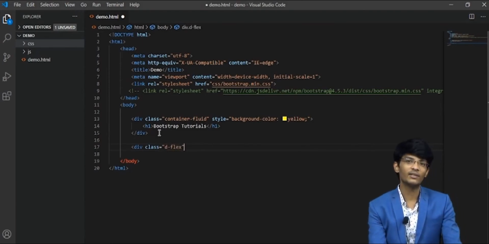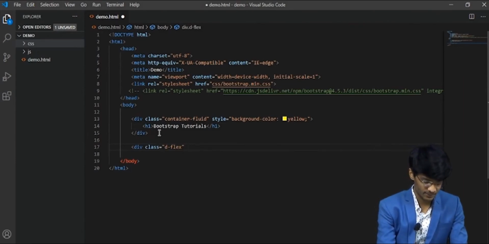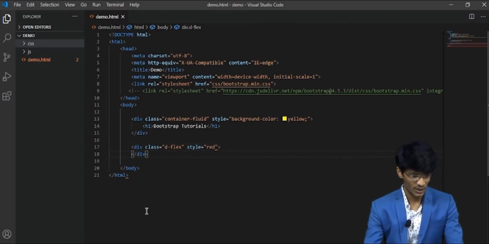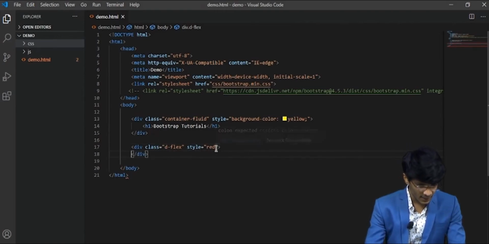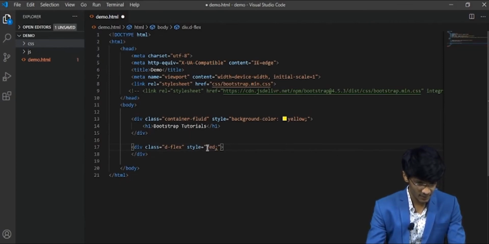And we'll give it some color to see what it actually does.